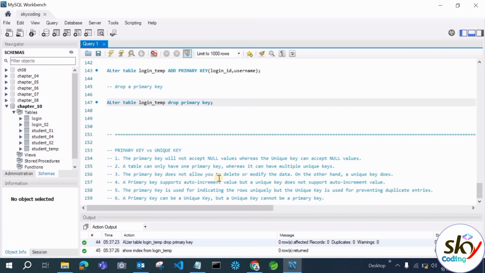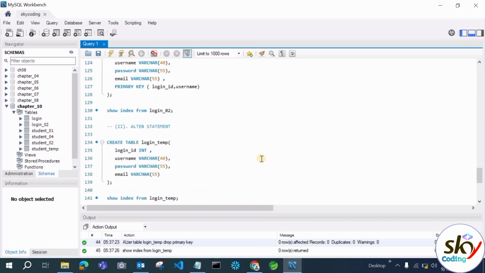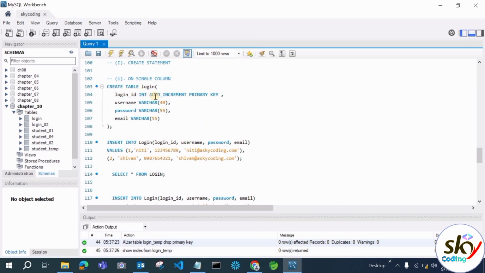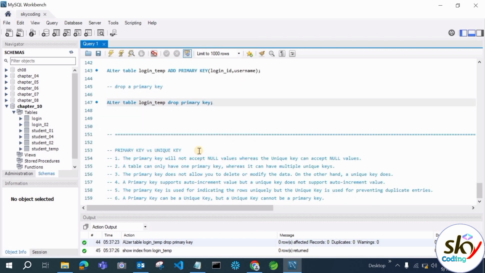Okay, and primary key does not allow you to delete or modify the data, but unique key allows those modifications. And primary key supports auto increment value, but a unique key does not support auto increment value. We have seen this here. If we specify auto increment, you can see login_id, you can use this auto increment feature with the primary key,